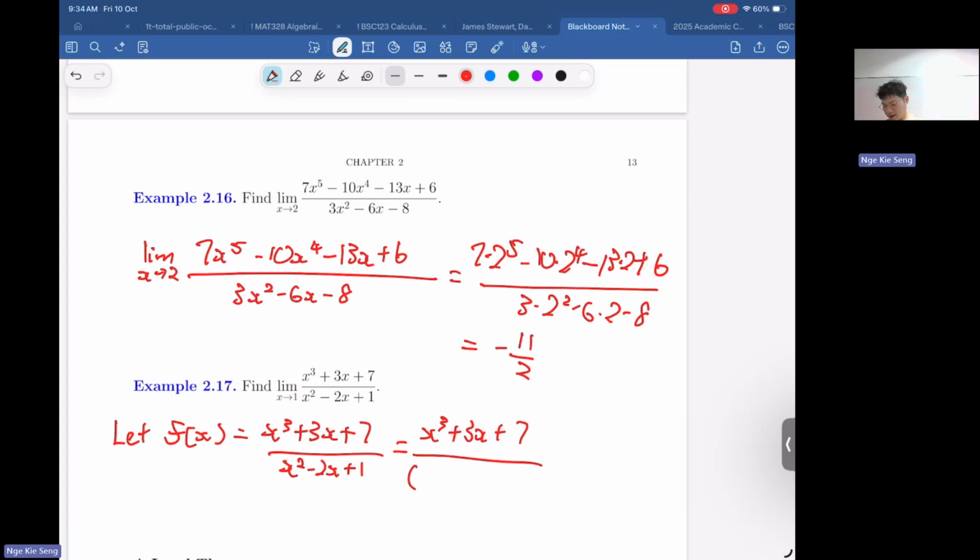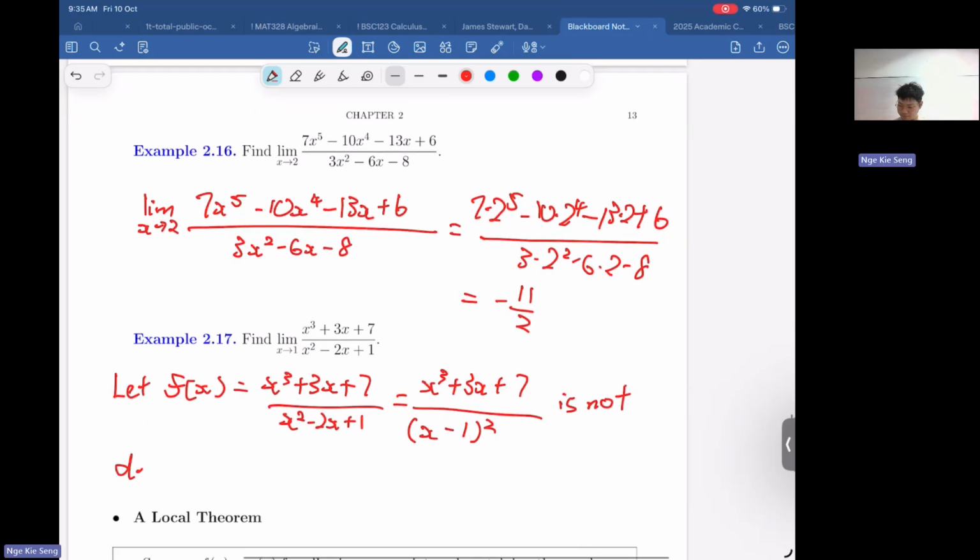This is one of the techniques: whenever you see a quadratic expression, you can try and factorize it. If you factorize it, do you get (x minus 1) squared? Okay, so you can see that this function is not defined at x equals